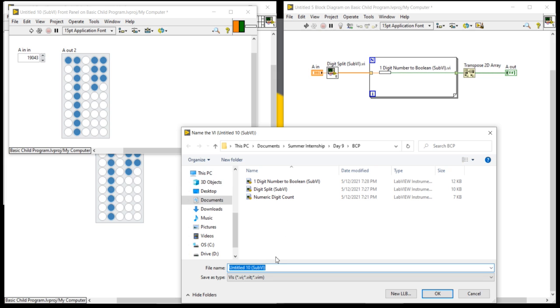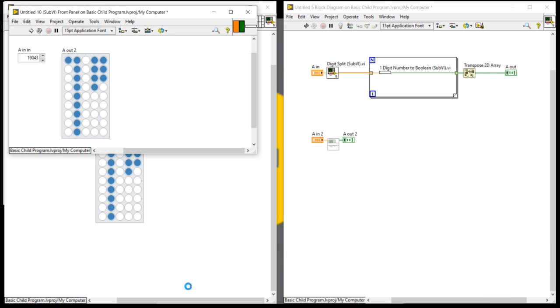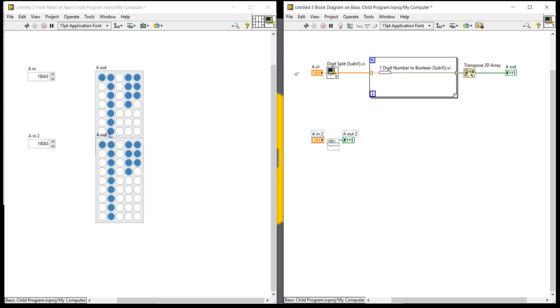Save as number to boolean sub VI. So it's done.